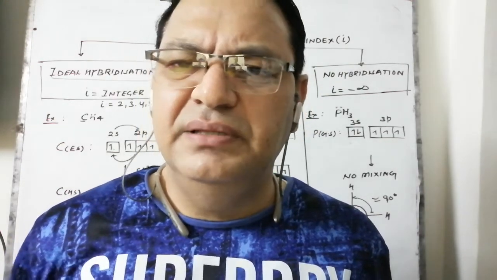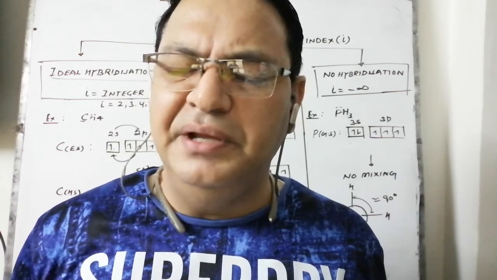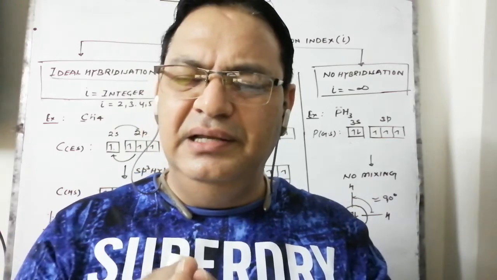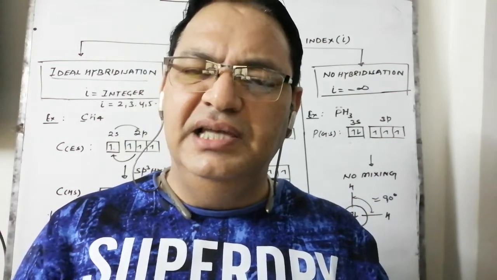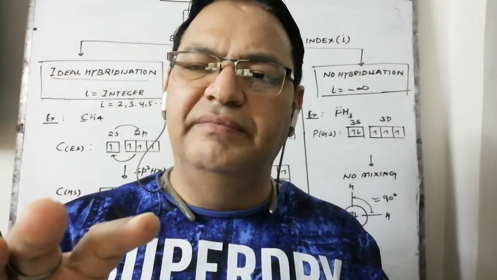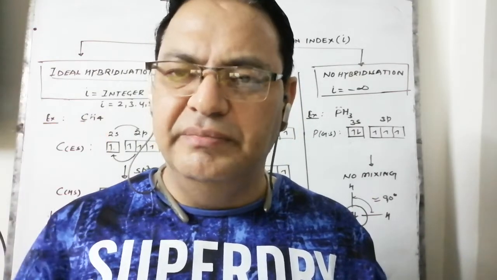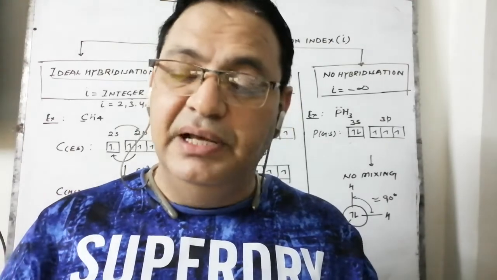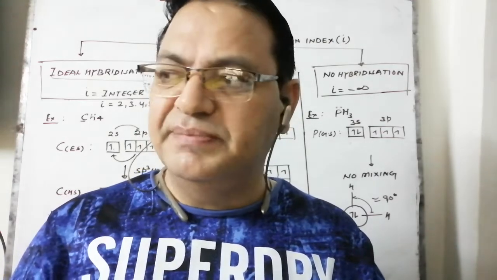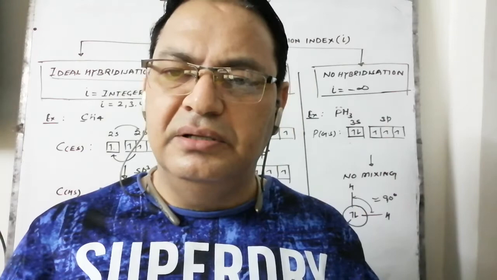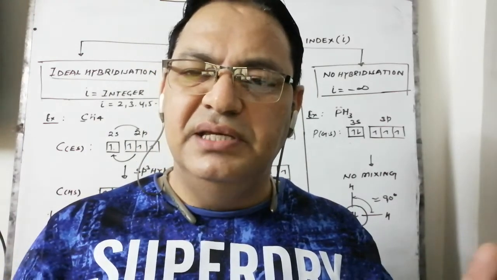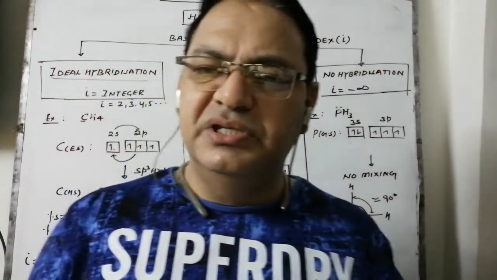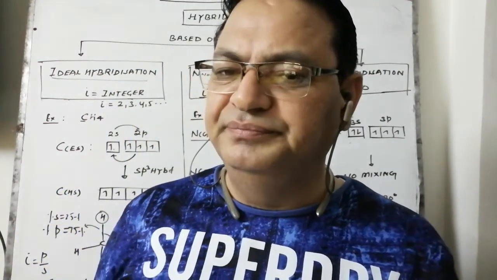When I say sp3 mixing and when I say sp3 hybridization, these two terms have slightly different meanings. sp3 mixing means 1 s orbital and 3 p atomic orbitals are undergoing mixing. But whether the hybridization is exactly going to be sp3 or not, that will be conclusive by finding out the value of the hybridization index, which can be found with the help of